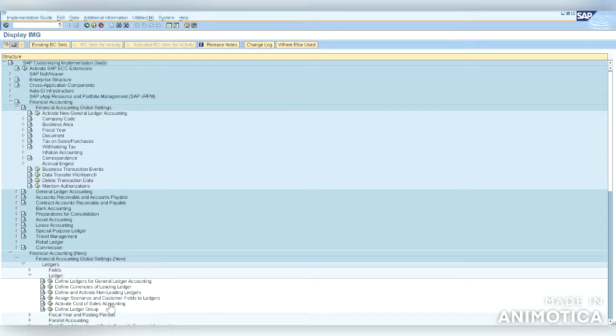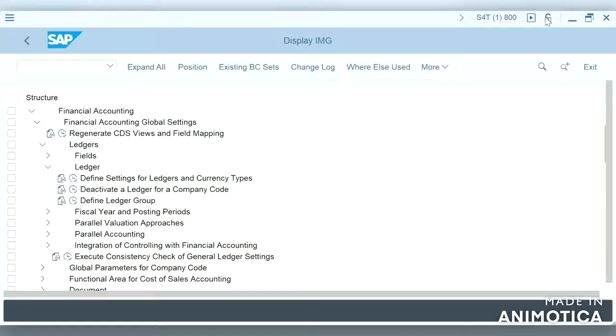So these are the different nodes available in ECC. Let us check how it was differentiated in HANA.